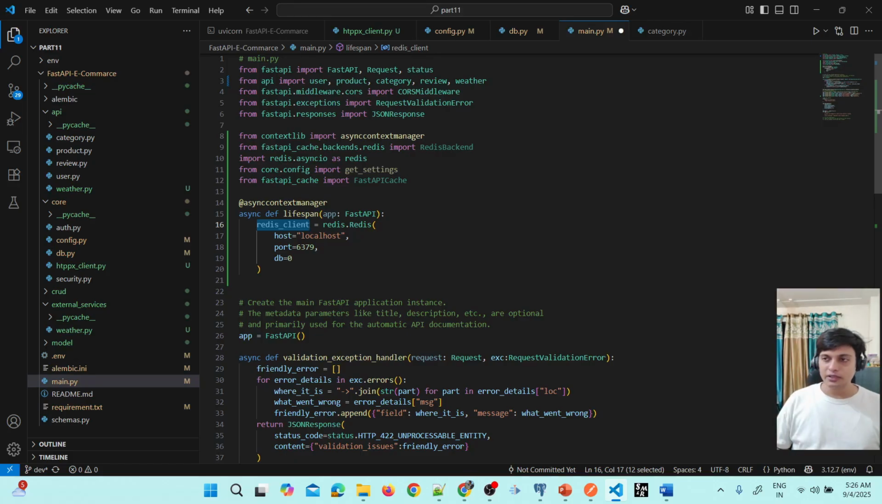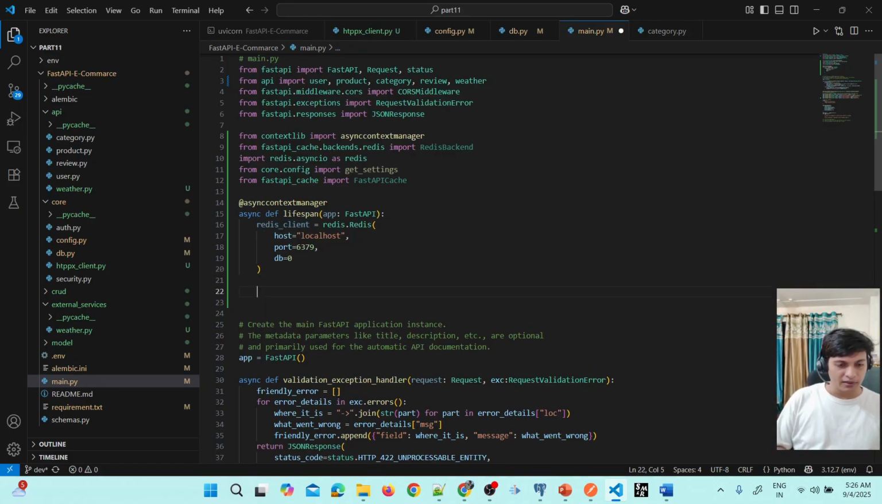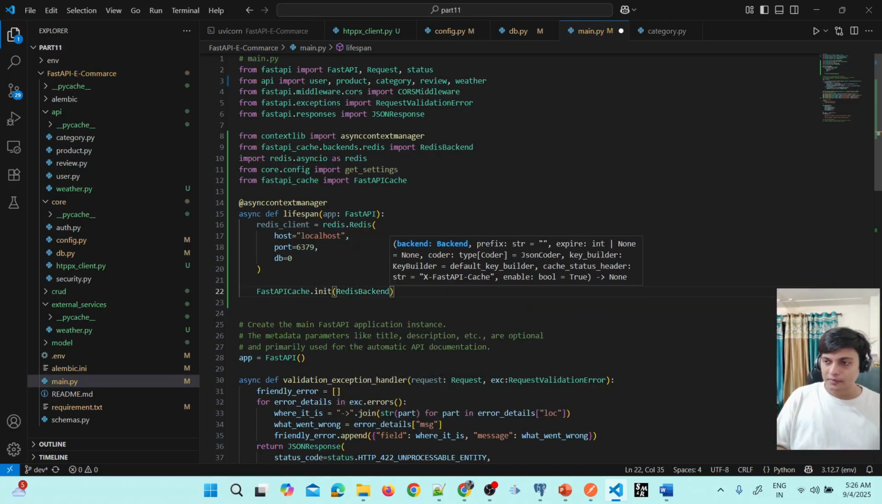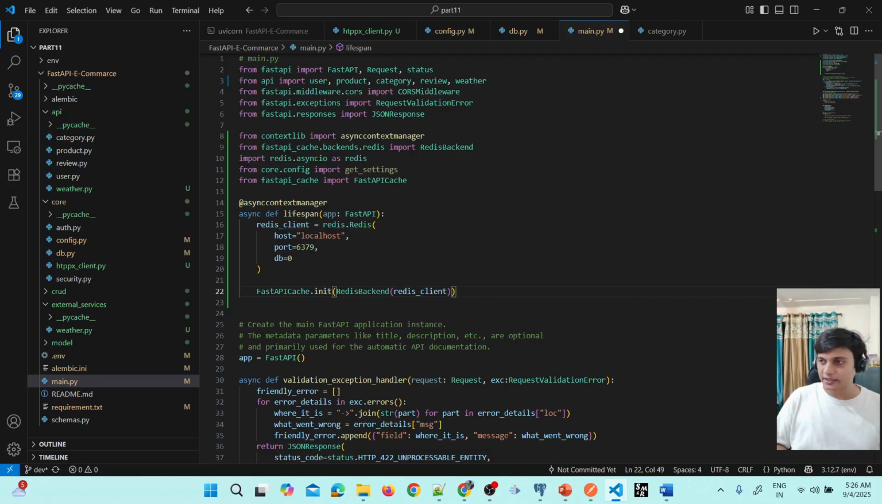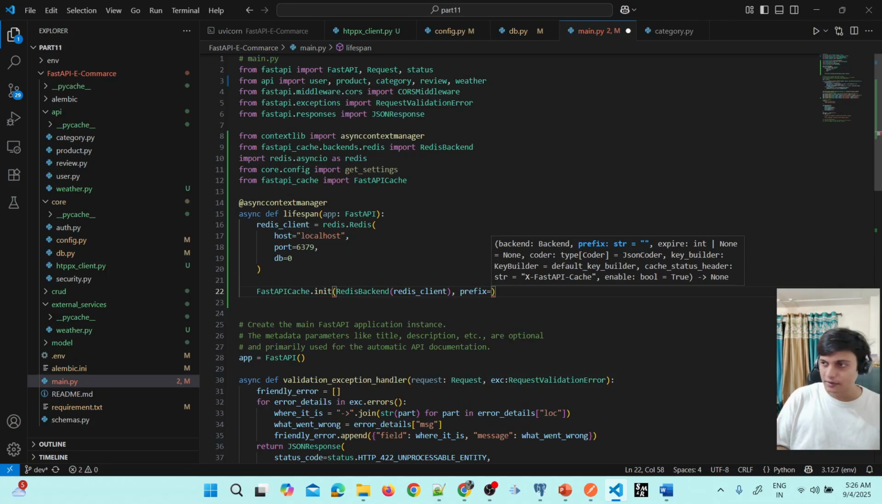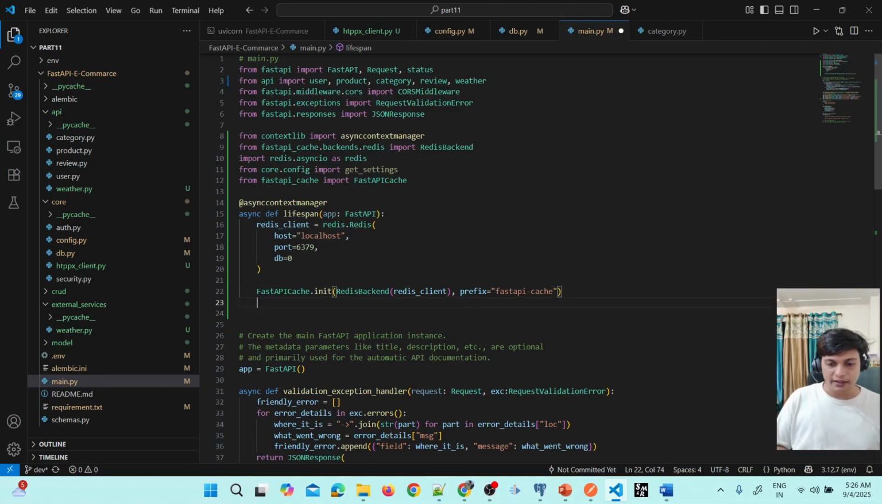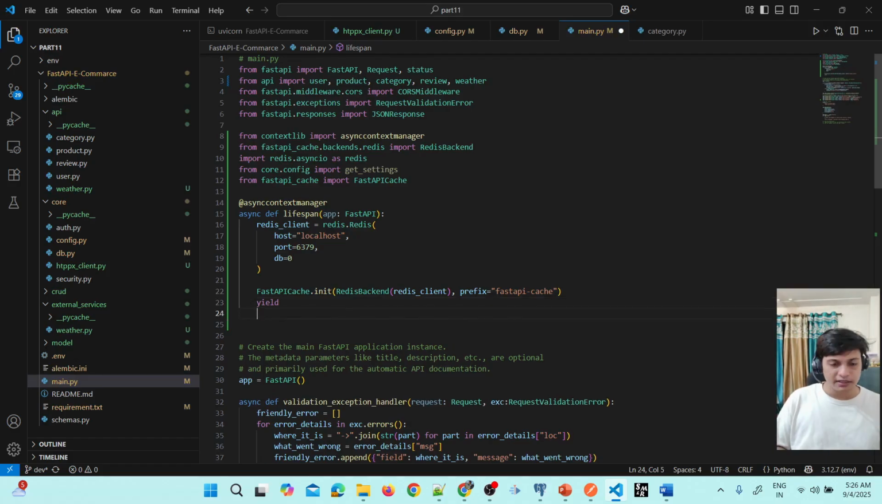And now what we will do with the Redis client is, I'm going to need FastAPICache.init, RedisBackend. Inside this RedisBackend, redis_client, comma, prefix equals fastapi-cache, and then just yield, Y-E-E-L-D, and after this yield, await